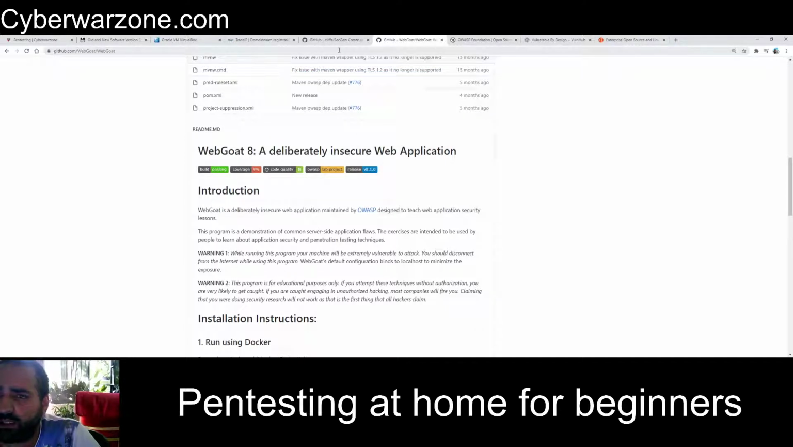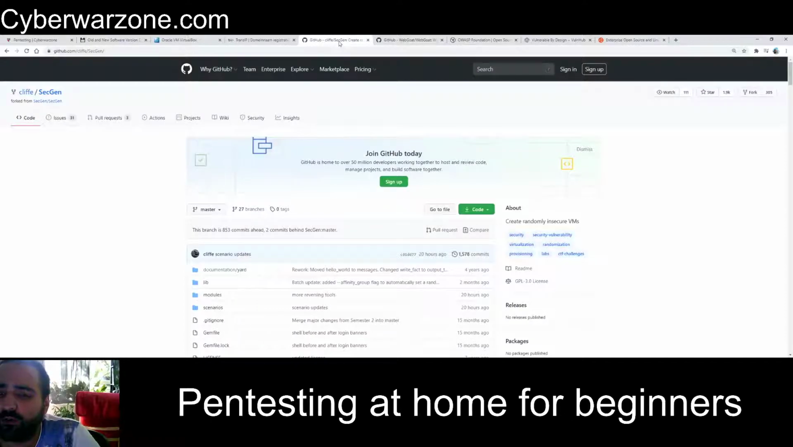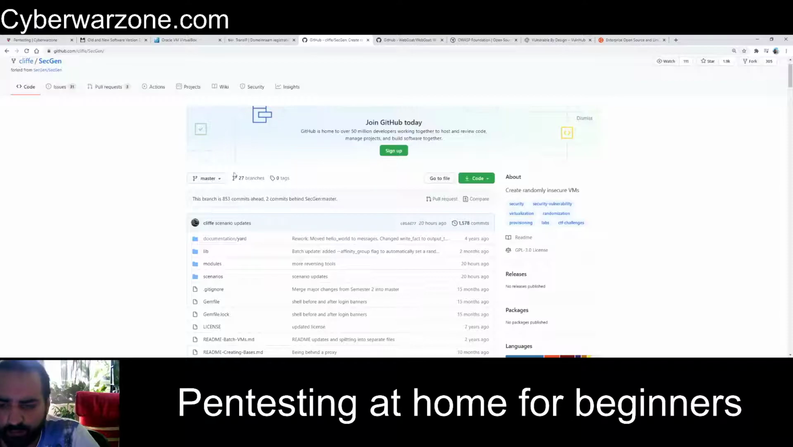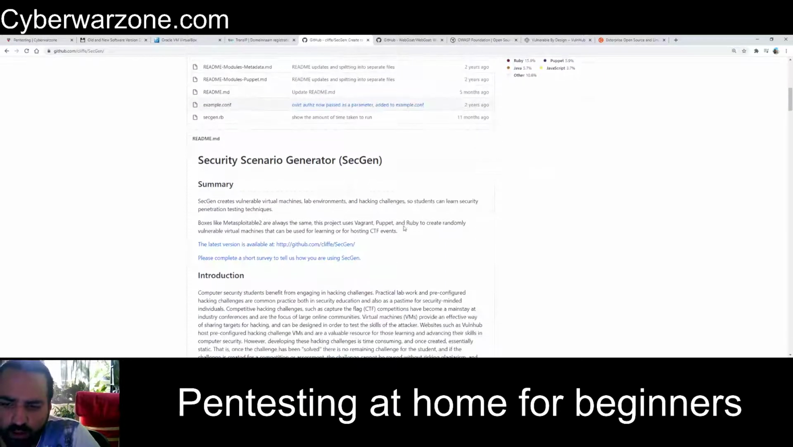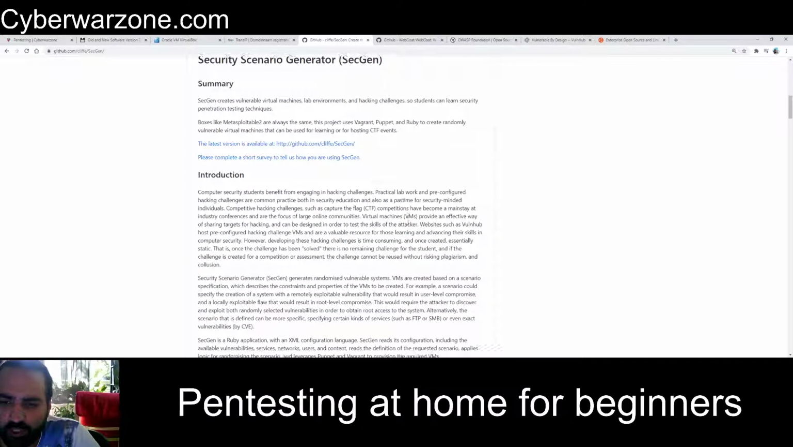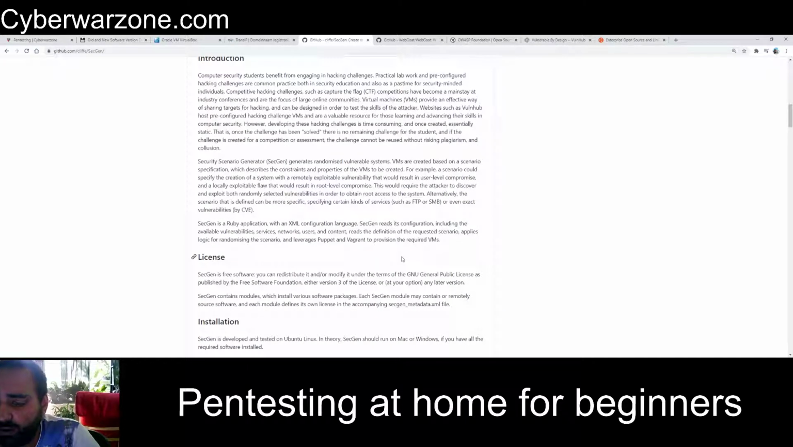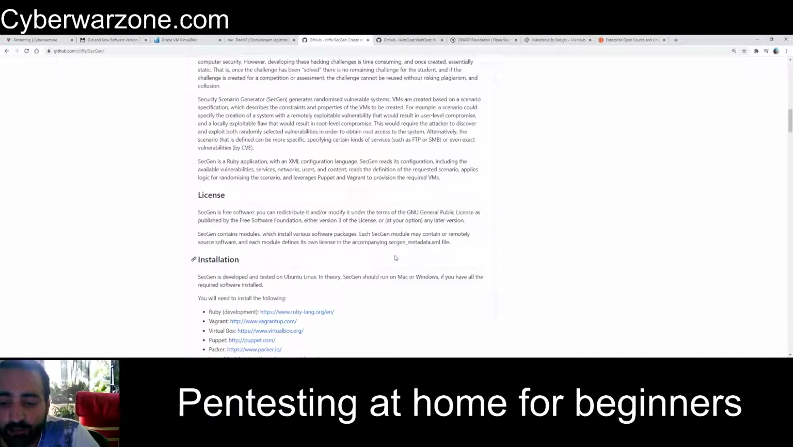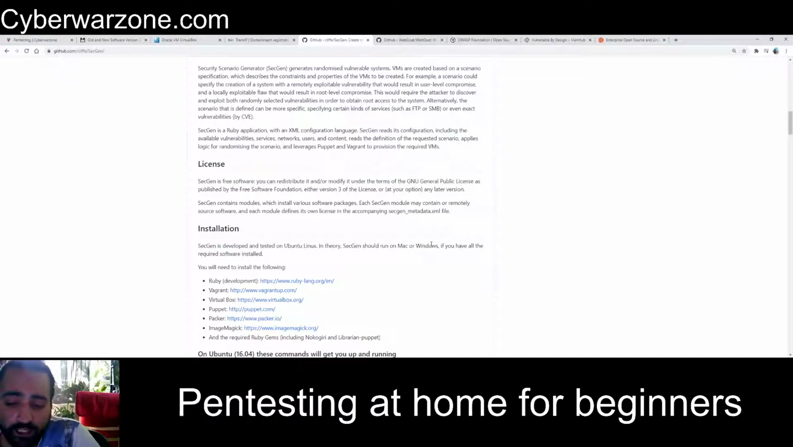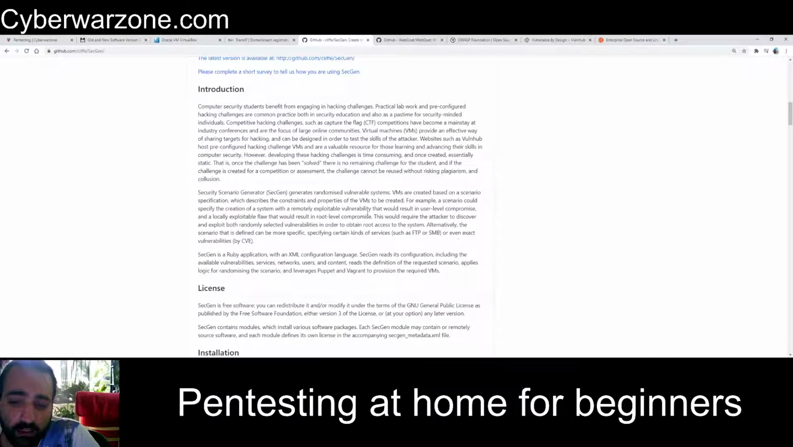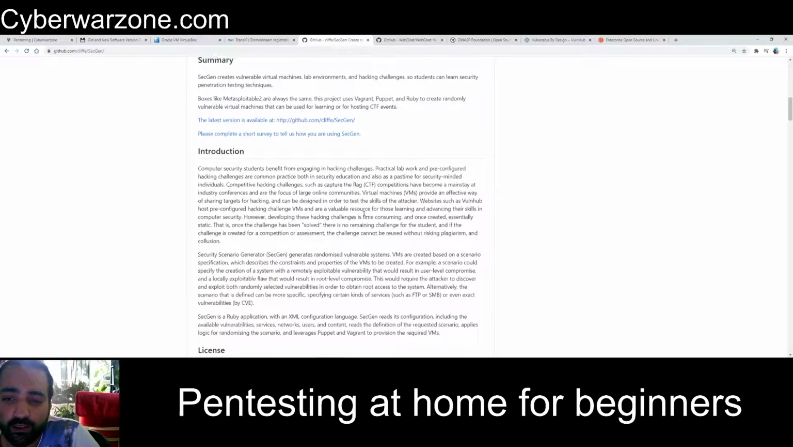The next thing that you can try is, of course, the tool SecGen by Cliff. This is a tool which allows you to create virtual environments, virtual machines that are full of hacking challenges. This can be a fun way to get yourself started in pen testing or ethical hacking, and you will find out once you are up and running and you got a good feeling on how to do this, you can also participate with